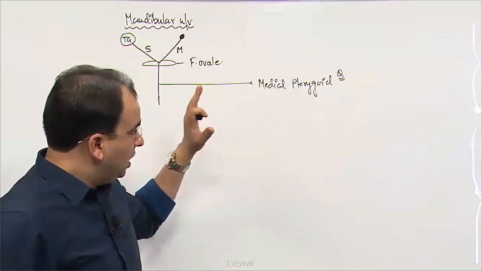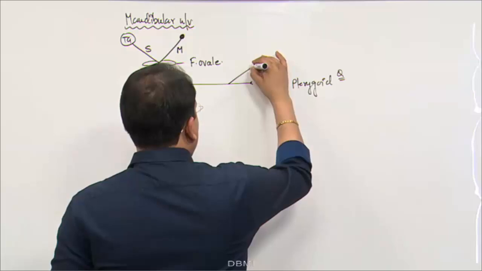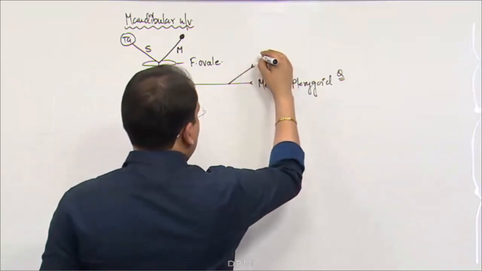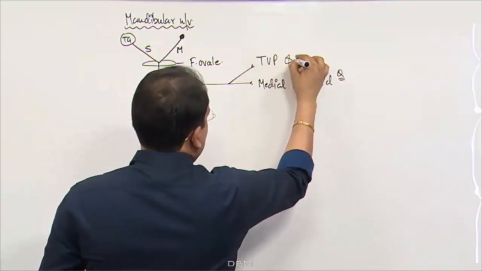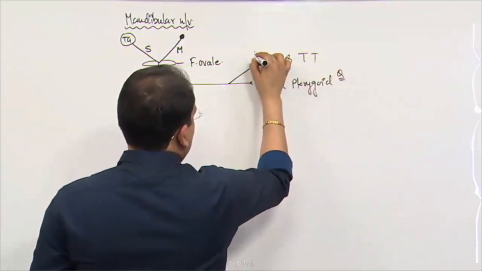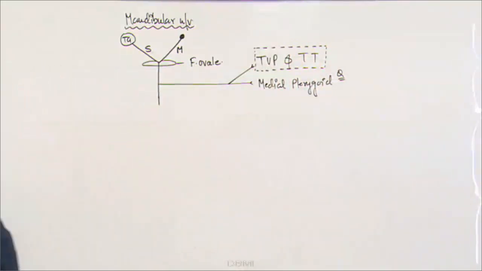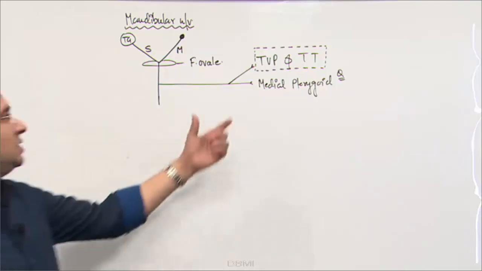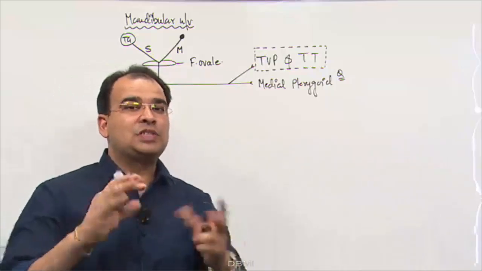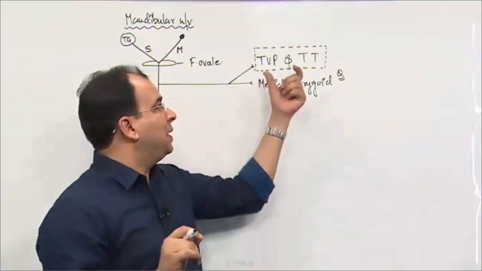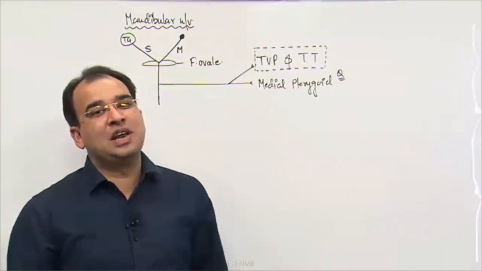Not only this, the nerve which supplies medial pterygoid also supplies two tensors of head and neck, that is tensor veli palatini and tensor tympani. And sometimes they twist the question. Instead of asking what nerve supplies tensor veli palatini, they will ask